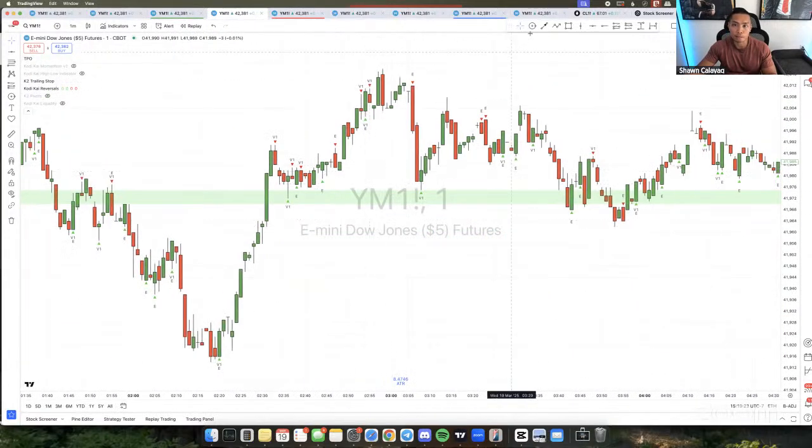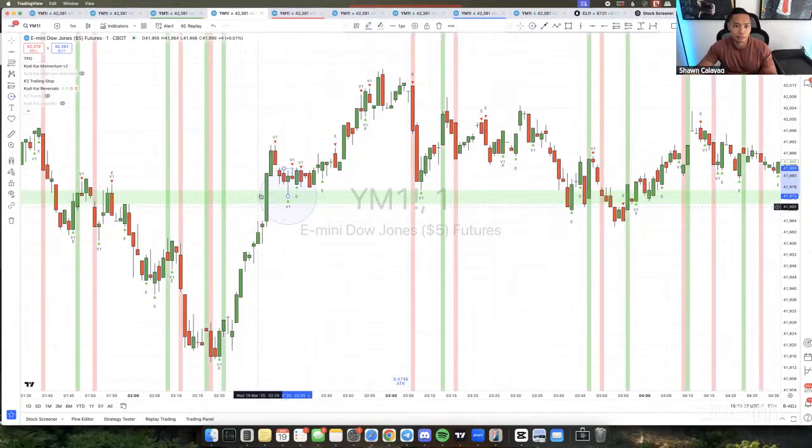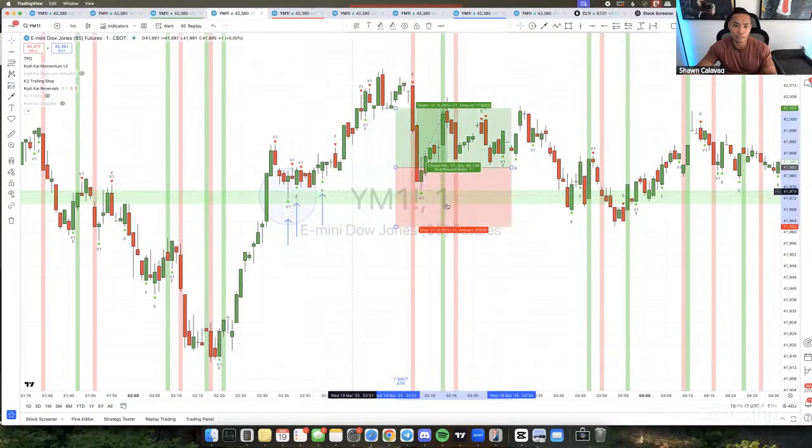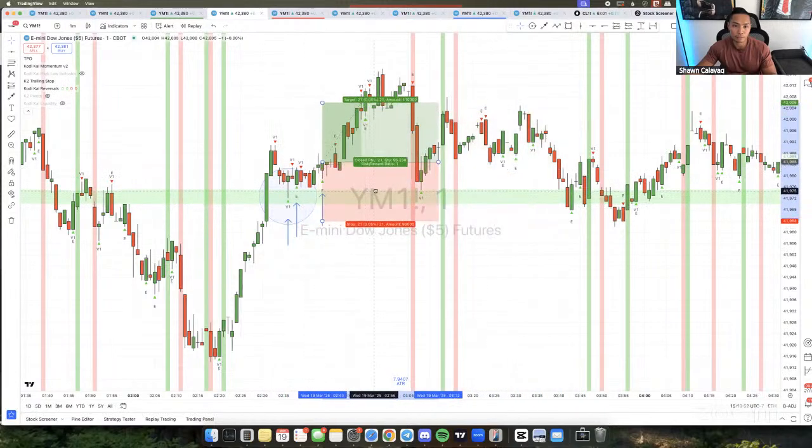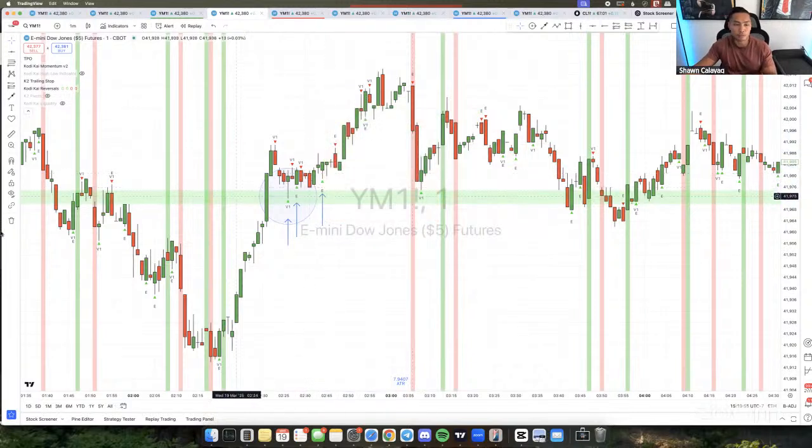Same with this right here, right? Got a bounce right here. If I turn on the momentum indicator, I can get the rejection and then possibly get off the engulfing. So there's an engulfing candle right here. There's a V1 right here, engulfing, and then another engulfing. There are different opportunities here to get in. You don't have to get in right at this green bar, but you can get in at this V1 variation. You can get in at this engulfing, right? You can get in at this engulfing. It just gives you opportunities for your confluences to line up with your entry.